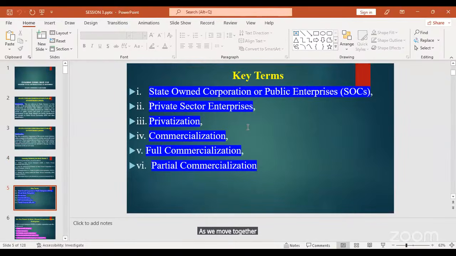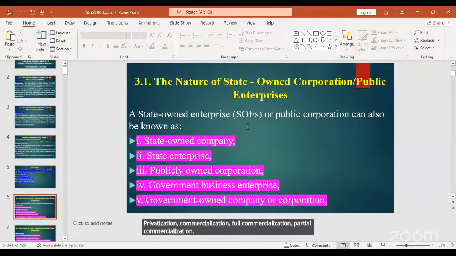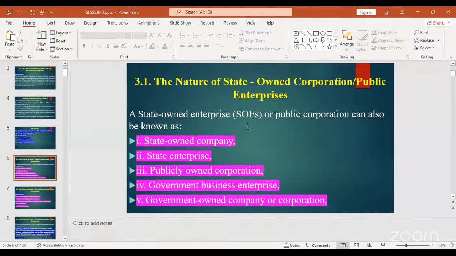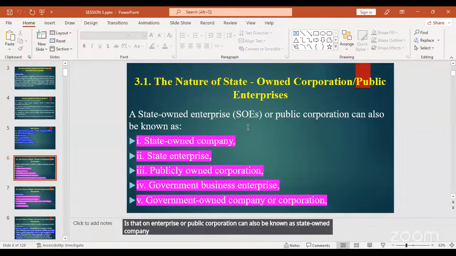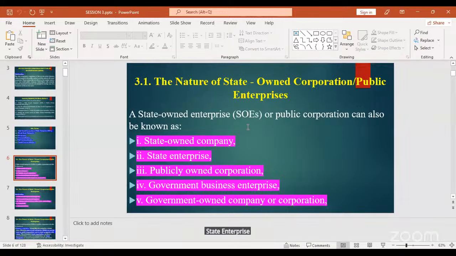There are some key terms that you need to be familiarized with. One, there's what we call state-owned corporation or public enterprise, private sector enterprises, privatization, commercialization, full commercialization, partial commercialization. A state-owned enterprise or public corporation can also be known as state-owned company, state enterprise, publicly owned corporation, government business enterprise,